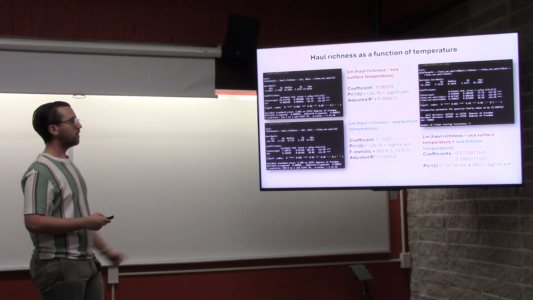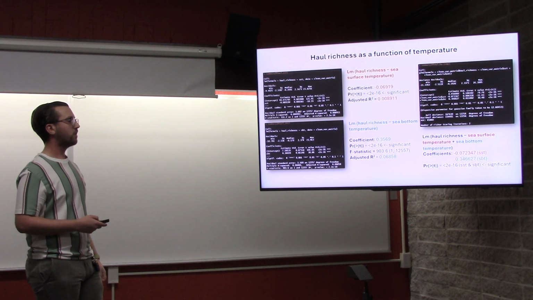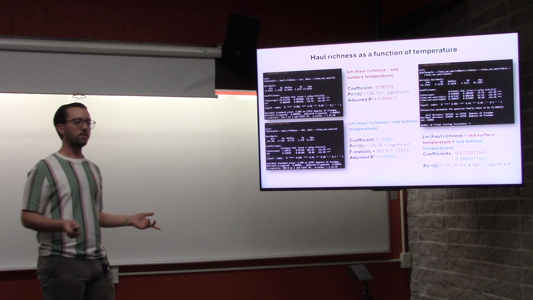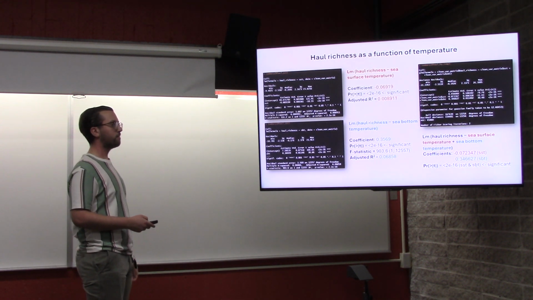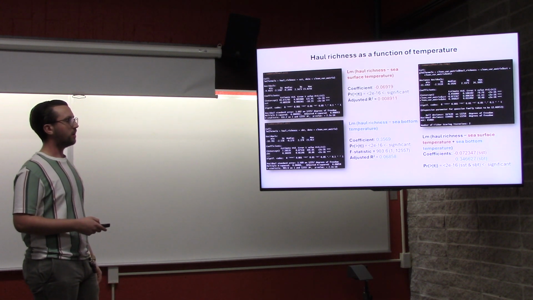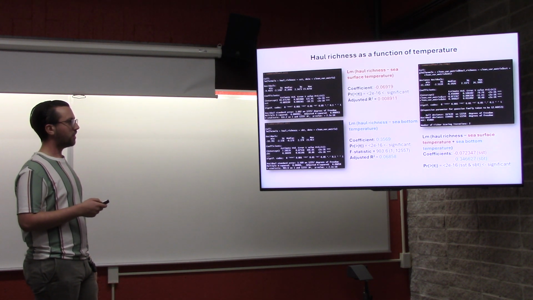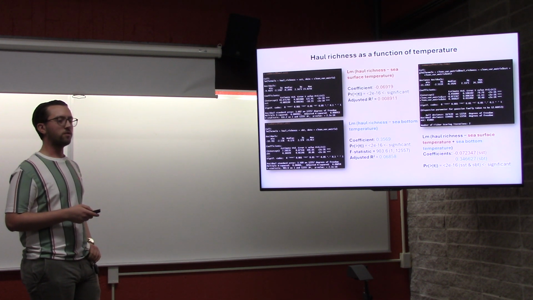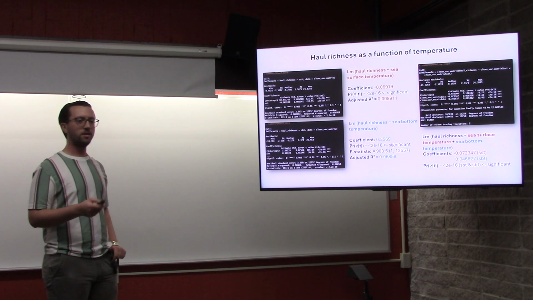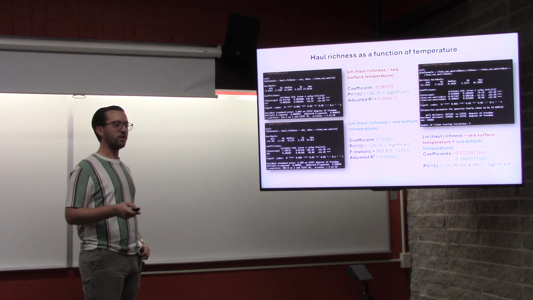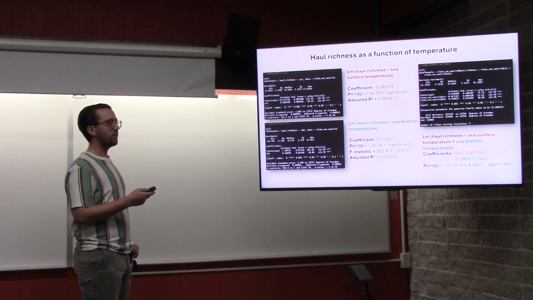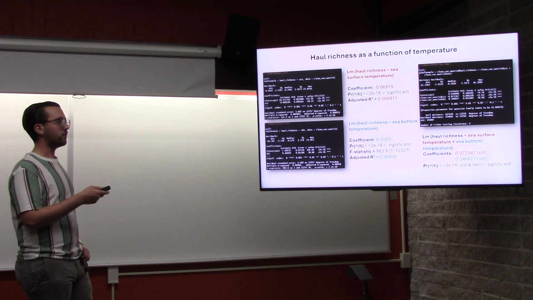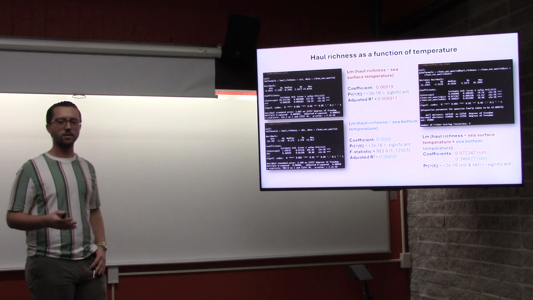And as one might think, the sea bottom temperature better predicts hull richness when compared to sea surface temperature, because most of these species are living near the bottom. One thing I'll have to check is if these relationships that I find are actually significant or just statistically significant. Because of how many data points I have, it's easy to overanalyze noise. So if this is not explaining much of the variation in hull richness, sea surface temperature might be a statistically significant predictor, but functionally not really.